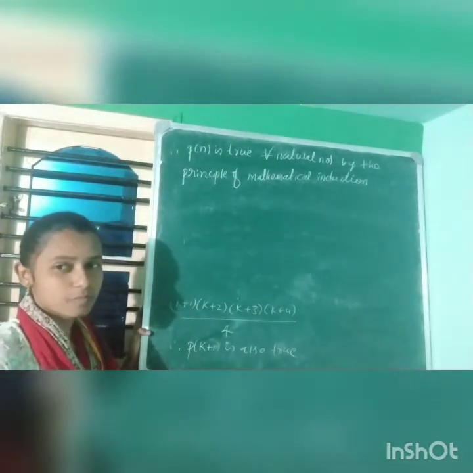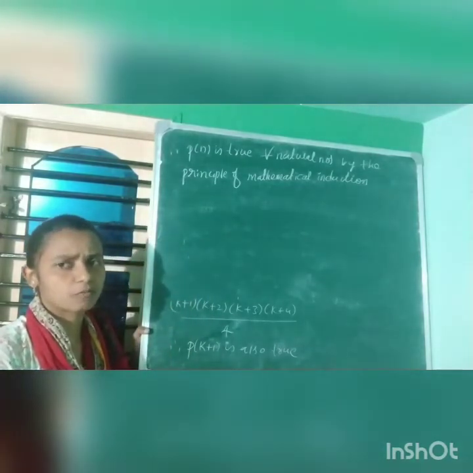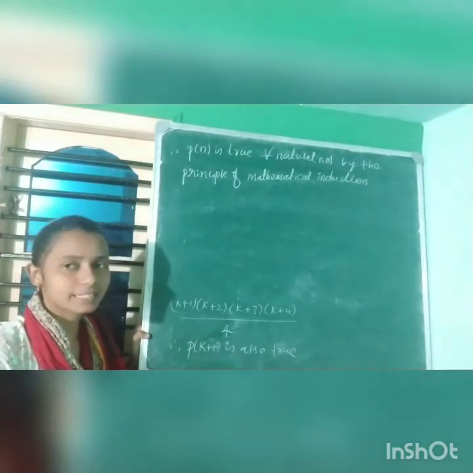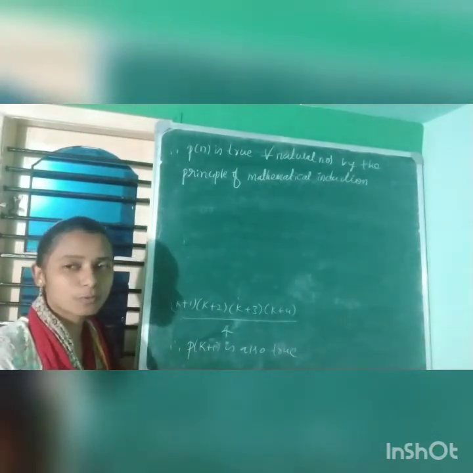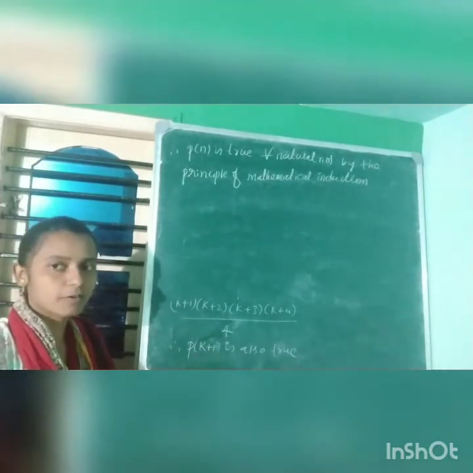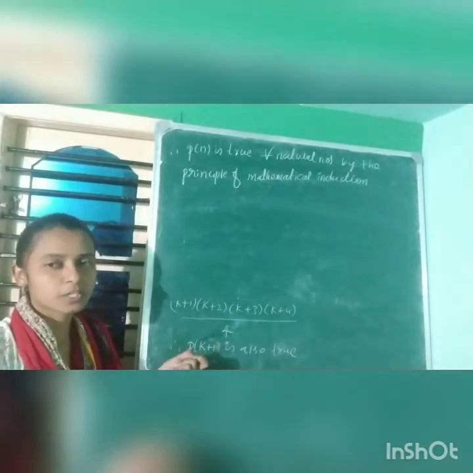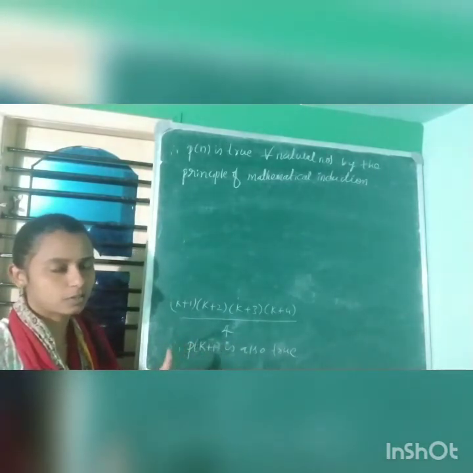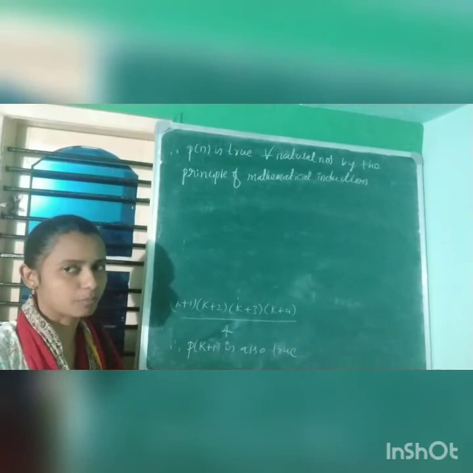So a few more problems are there. We'll go slowly, because these are lengthy problems. I thought I would do two problems, but we'll do only one. In the next class I'll do the last two problems of this type, and a few more problems are there that are a little different, but we need to prove the statement with the same procedure, only the statements are a little twisted. Such problems we'll do in the next class. In the next 3 or 4 classes we can complete this chapter.